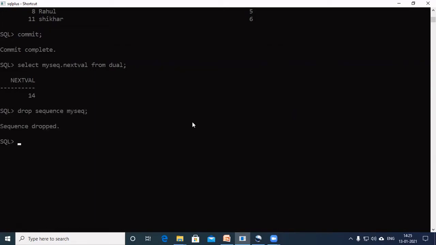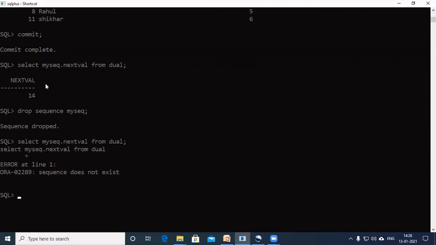As soon as I execute this command, it will return the answer that the sequence is dropped. Now, if I execute the same statement again, it will return an error like sequence does not exist, because our sequence is dropped from the database.